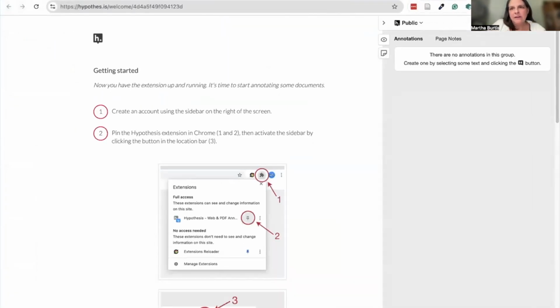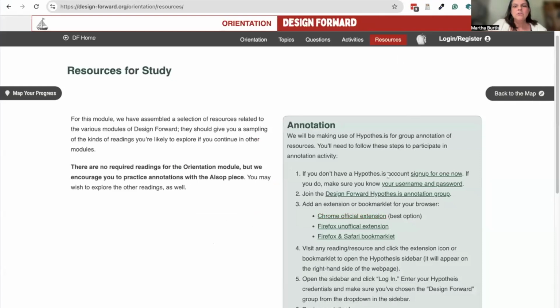And it shows up right here in my pinned extensions. If for some reason it does not show up, oh, it actually does not show, it just highlighted it there. So it's in my extensions, but it is not pinned. So if I click on my little puzzle piece icon there, I can choose to pin Hypothesis, which is going to make it show up always up there in my toolbar, which makes it just easier to do these annotations. So now back,